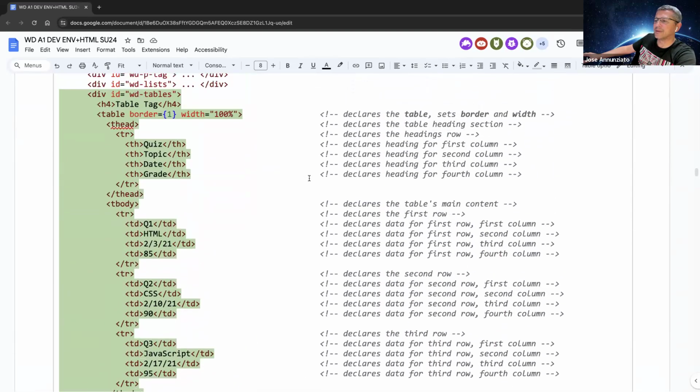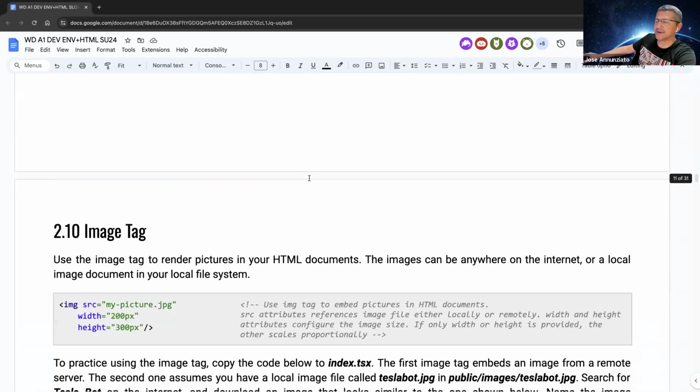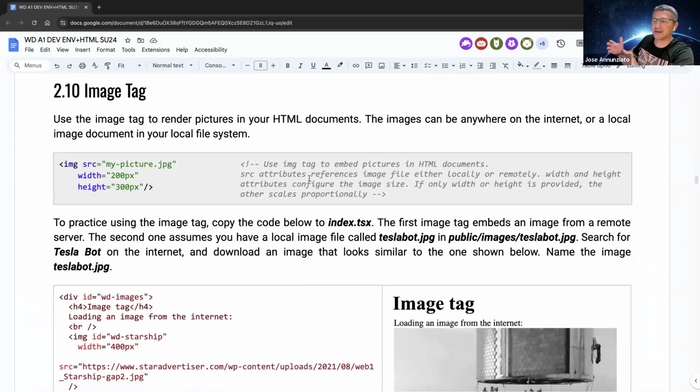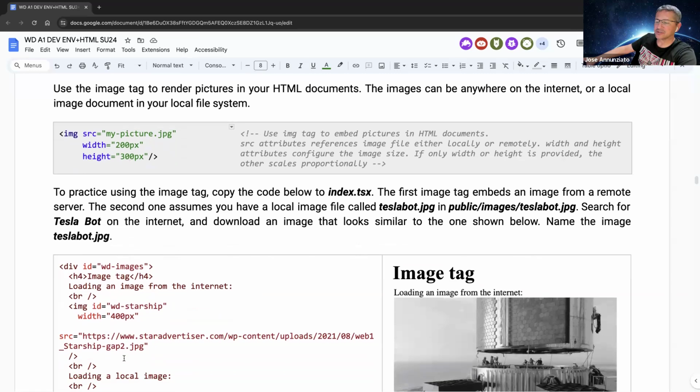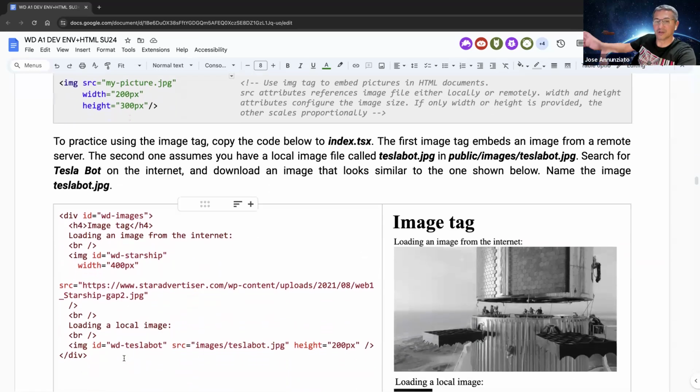And then finally, the image tag. The image tag allows you to include graphical images, JPEGs, PNGs, GIF files, into your document. So for instance, those images can either be local images that you've downloaded into your local file, and